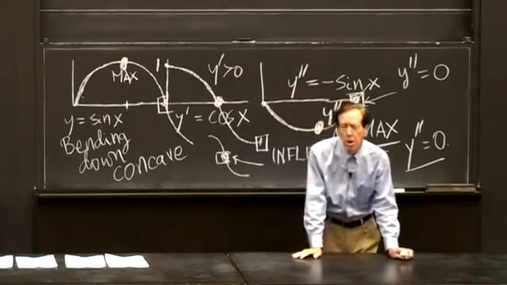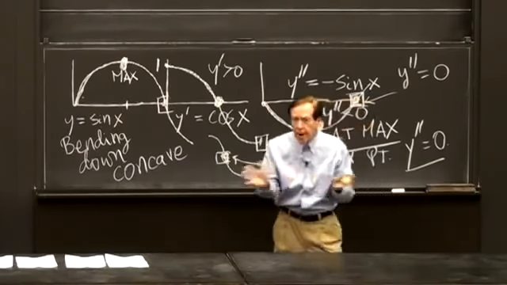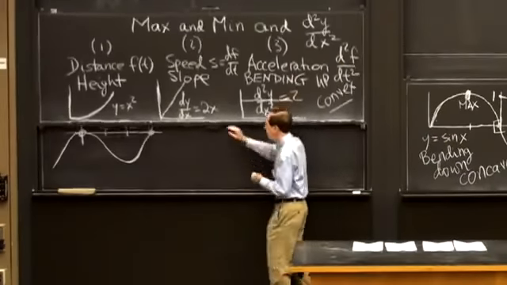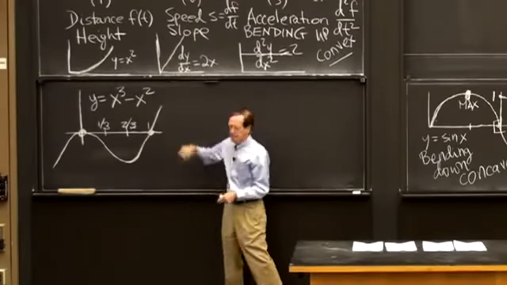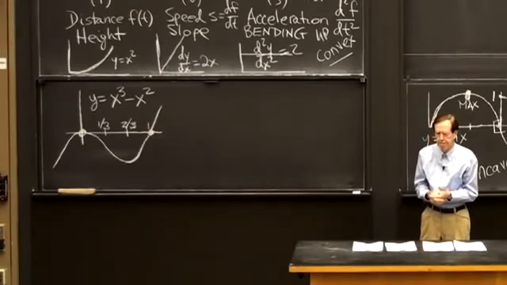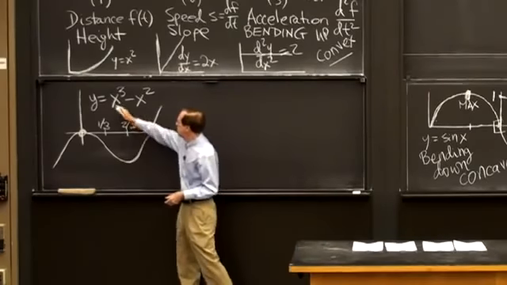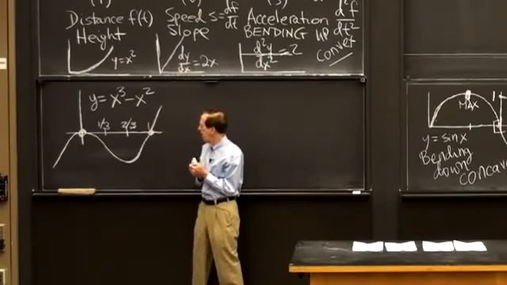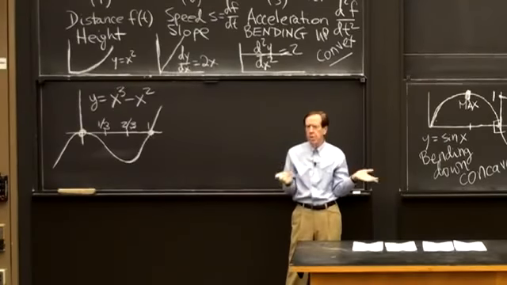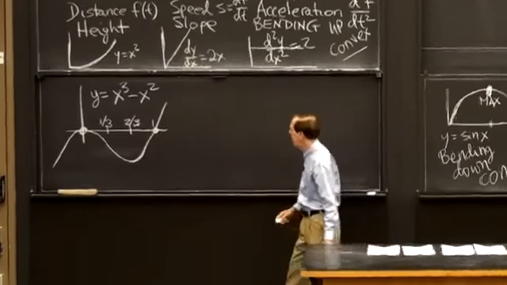So let me draw one more example and identify all these different points. Okay, so here we go. I drew it ahead of time because it's got a few loops and I wanted to get it in good form. Okay, here it is. This is my function, x cubed minus x squared. Well, before I look at the picture, what's the first calculus thing I do? I take the derivative. Y prime